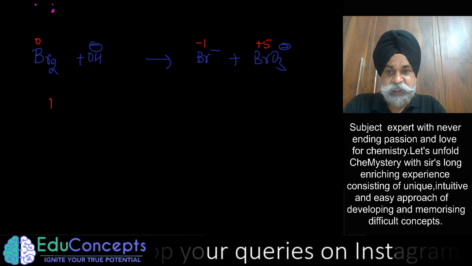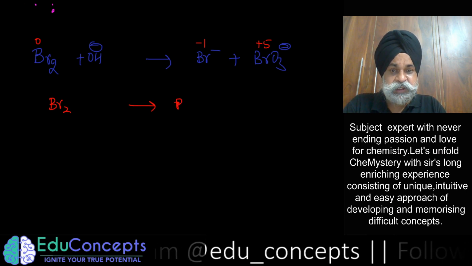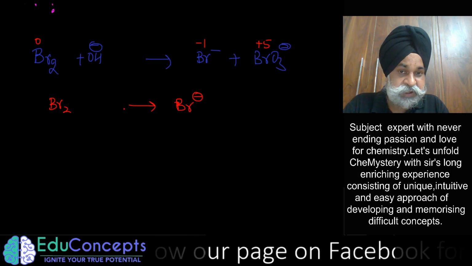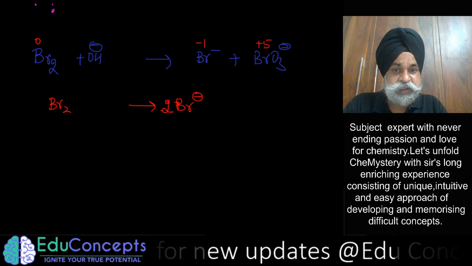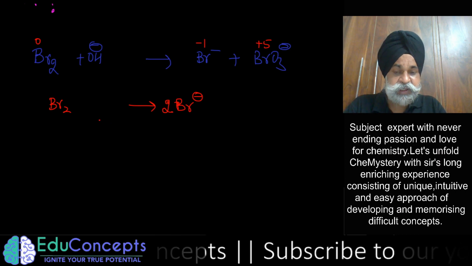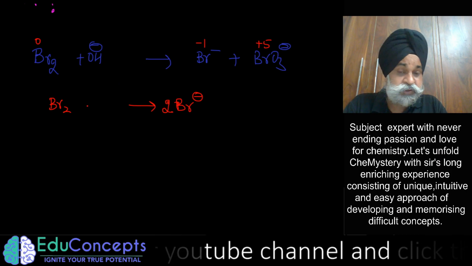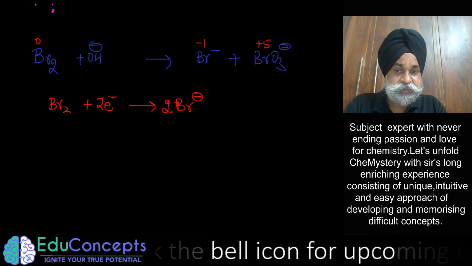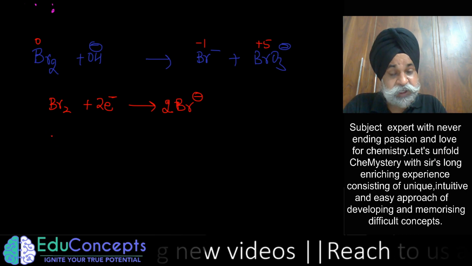First we do the half reaction balancing. So this is Br negative. The first step is, leaving aside oxygen and hydrogen, balance all other elements. The bromine is 2, so you put 2 bromine here. So bromine got balanced; oxygen and hydrogen are not there in this particular reaction. Now how many electrons do you have to balance it with? There are 2 electrons, so this got balanced. Now this is the oxidation reduction that happened.